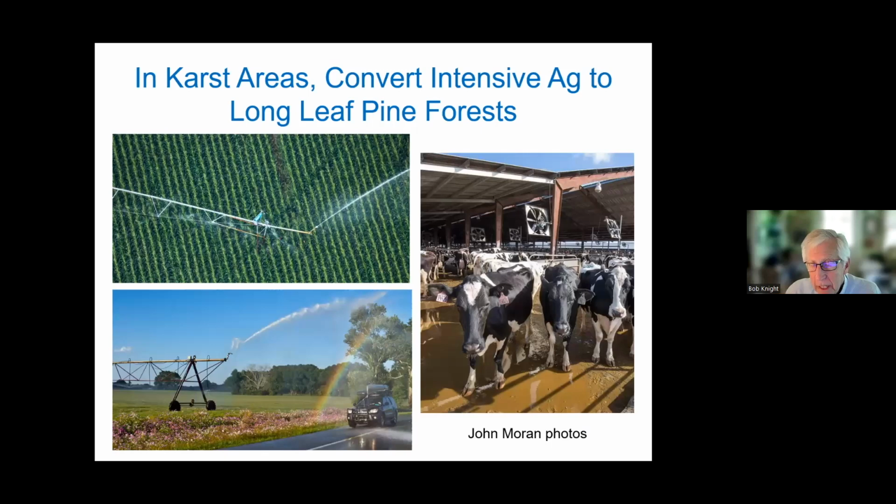We found a spring on the Santa Fe River that had 60 parts per million of nitrate. A spring, 60 parts per million of nitrate. And all you had to do was go up 100 feet in the air with a drone, and there's a dairy next to it. And when we had a meeting with the DEP about that dairy, and the owners of the dairy,